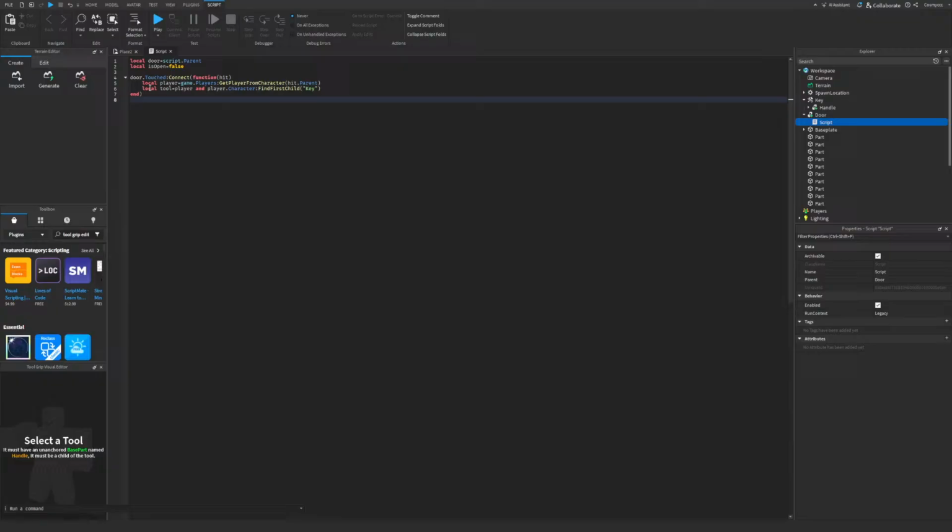That means if the player touches the door, it will search the player's inventory to see if the player has the key. And if the player has the key, we will write this one now. If tool and not is open, then